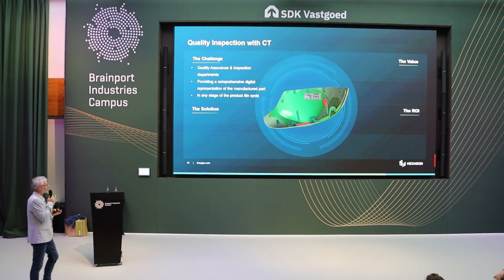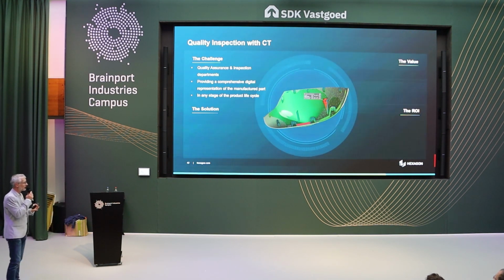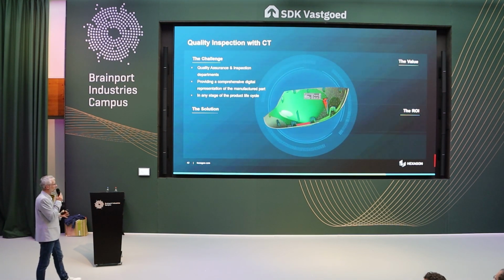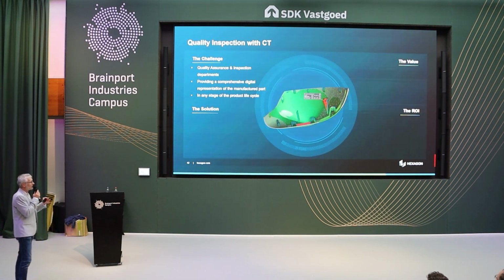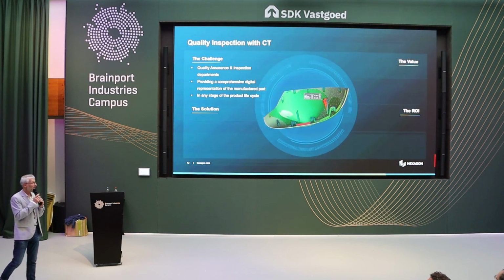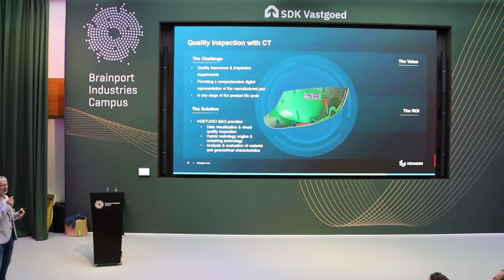But it's not enough, because if you just look at the external surface, you are going to have information about the general size, but you would like to also know what is happening inside the component. So do you have the right fiber orientations in the right positions? Do you have any type of porosity inside the components? All these types of things can be investigated by using CT scan, and it's what we are going to do here. Of course, CT scan will give you a large amount of images that you need to analyze and that you need to combine to rebuild